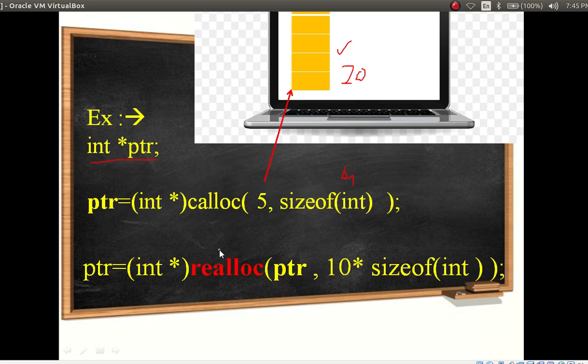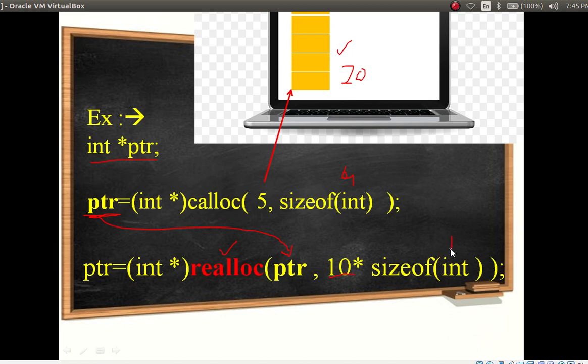With the help of the realloc function, I am extending this memory. How? By this pointer variable ptr. Then I want to extend how much? 10 memory spaces, 10 blocks.